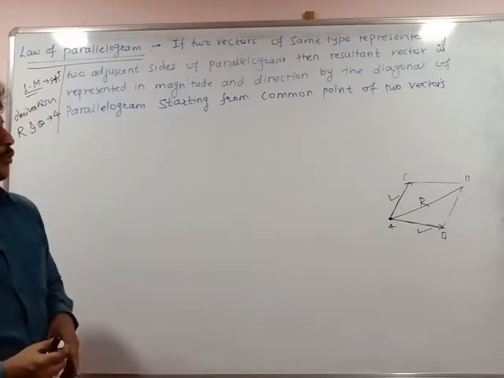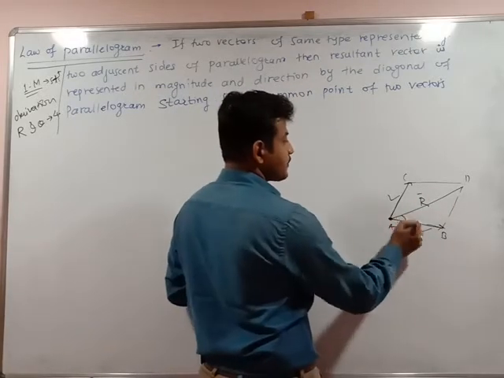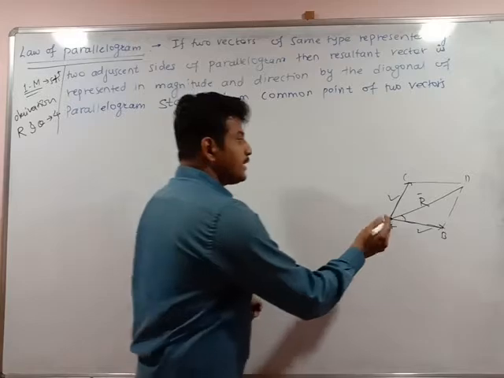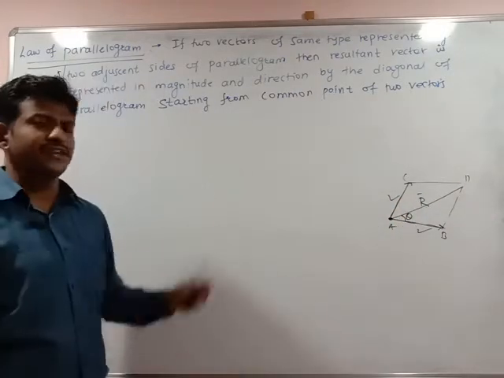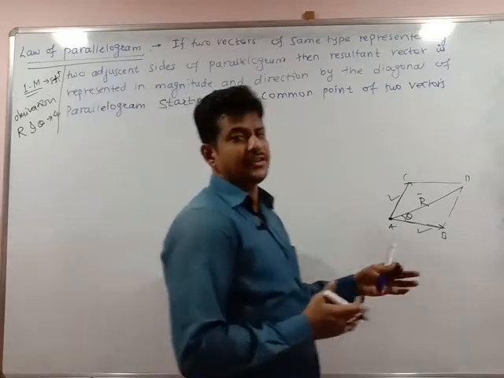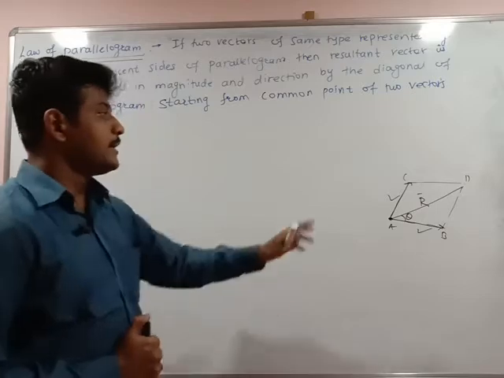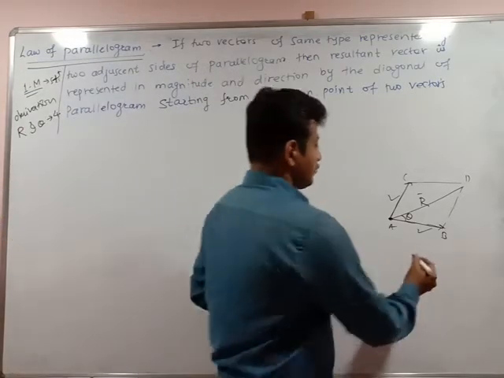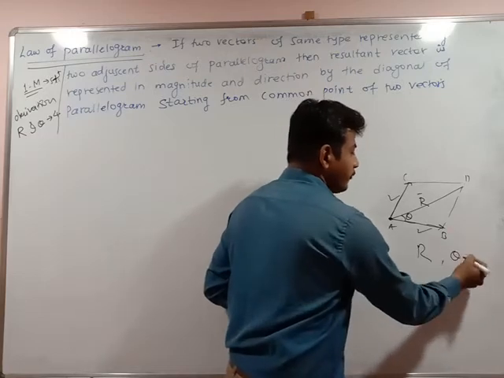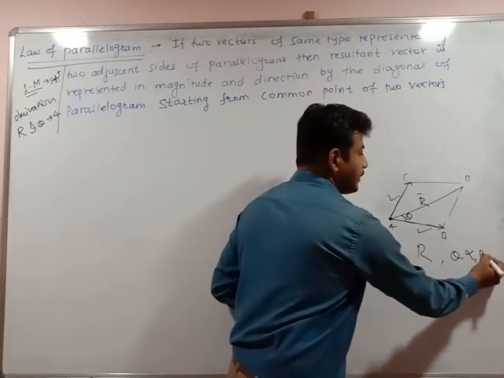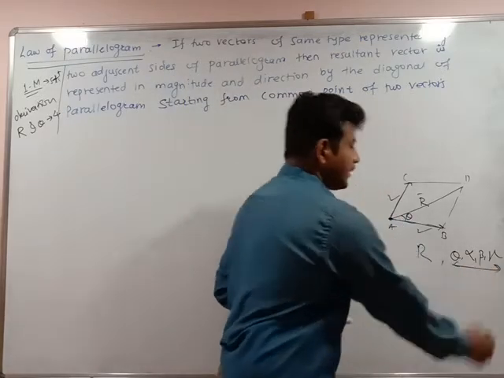Now we will see what is the direction of this resultant vector R and what that direction is. Here the magnitude is R and the direction is termed theta. In many books it is taken as theta, beta, gamma or alpha. It doesn't matter, but our point of view is to find the magnitude as well as the direction. So the direction can be theta, or somewhere the angle is said to be alpha, beta or gamma. We are going to find only the directions.